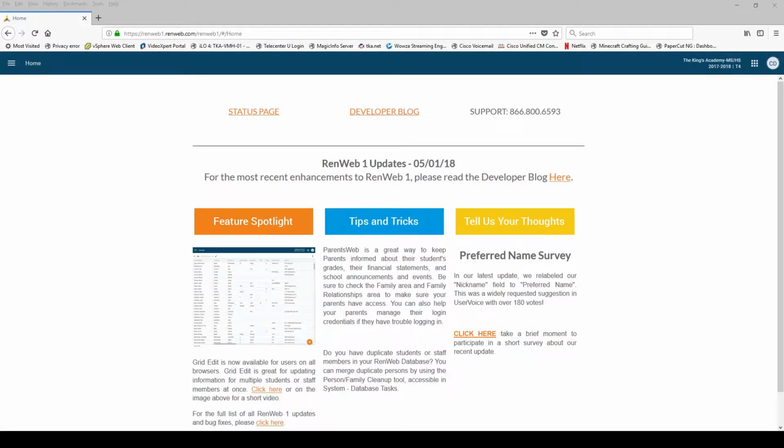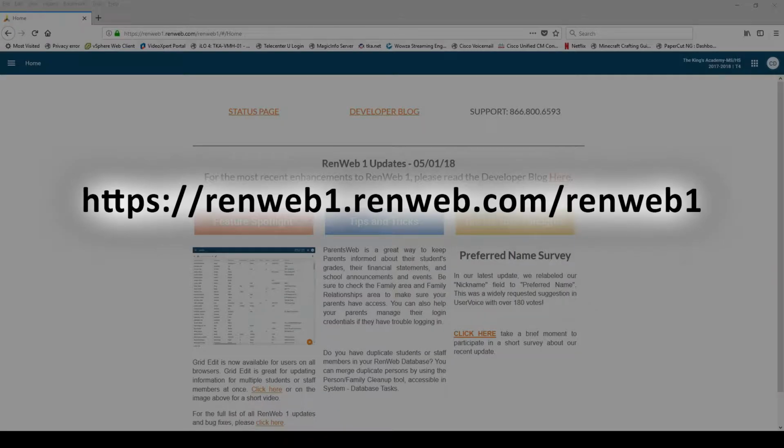This is a presentation on Renweb1. This is the web version of Renweb. It's been in development for close to 4 years, and we feel it's ready for prime time. It's got many of the features that you are used to in the desktop version of Renweb, with a few additions. The way to get to it is to go to